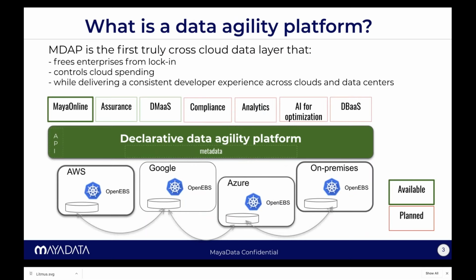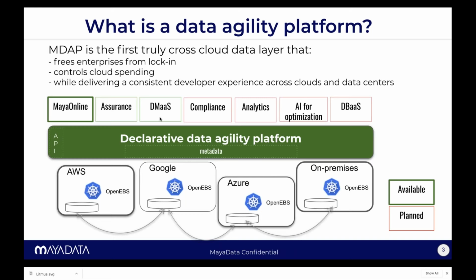But what Maya Data really provides is the data agility platform, a cloud data layer that gives you visibility of your data across the Kubernetes clusters, and also helps you provide assurance of your data. That's the Litmus part, and then it also provides DMaaS, data migration as a service.